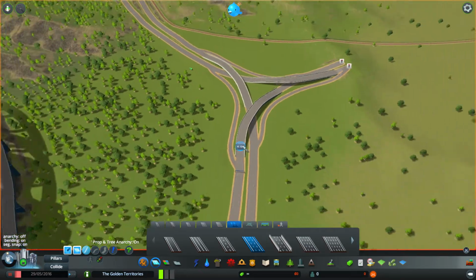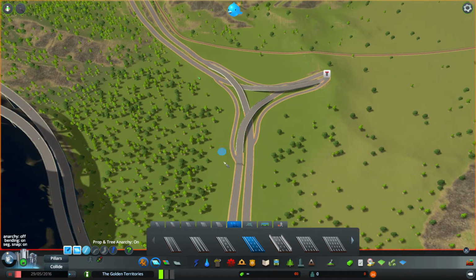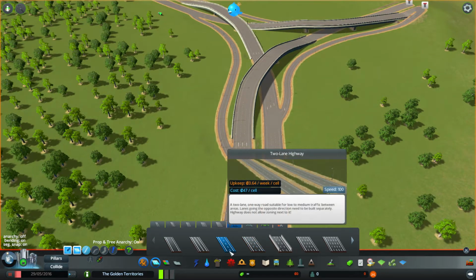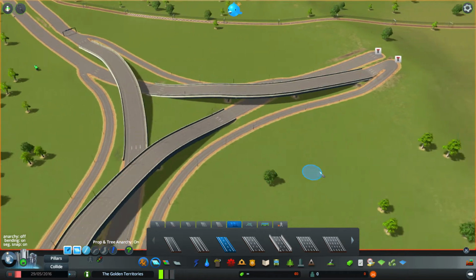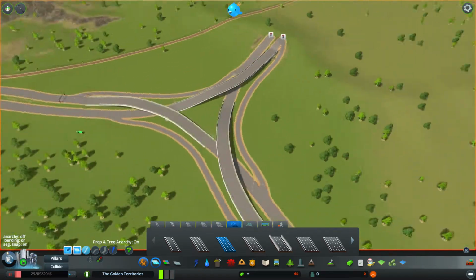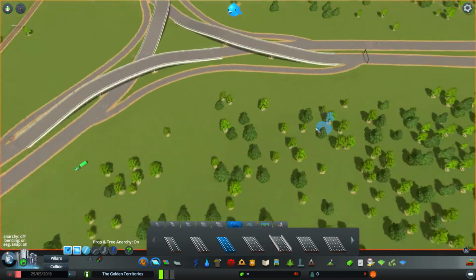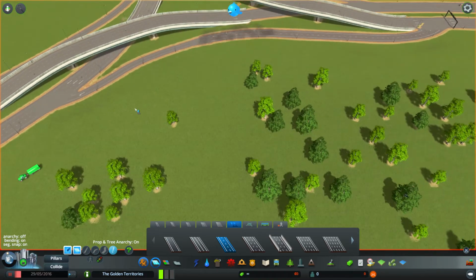So, this technically is a three-way interchange, but I have just realized that this peels off in this direction, which is sort of the main connection at the moment, in an off-ramp, which is not really ideal, because most of our traffic is going to be using this line. So what we could do is we could upgrade it to 2-lane highway the whole way through,